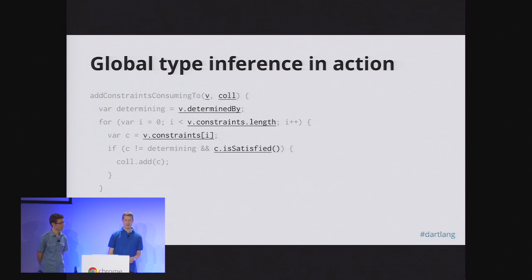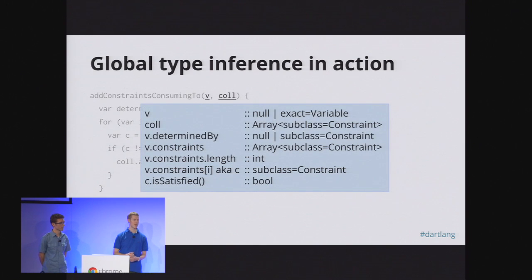The rest of the method here can also be analyzed, and we can learn something about all these constructs in there. So we can get a pretty full picture of what the types in here are. I've just listed them here. You don't have to look at all the details, but this is very good information for our compiler to have. And it does this without running the program, just statically analyzing, just looking at the program. This is global analysis at compile time. So let's make this